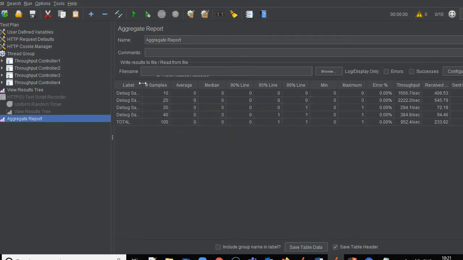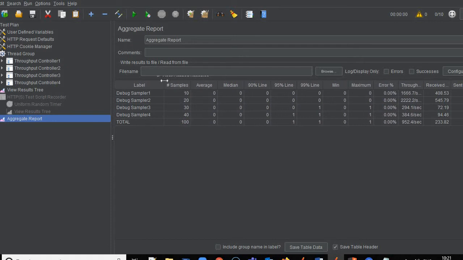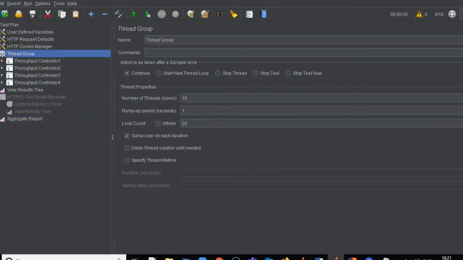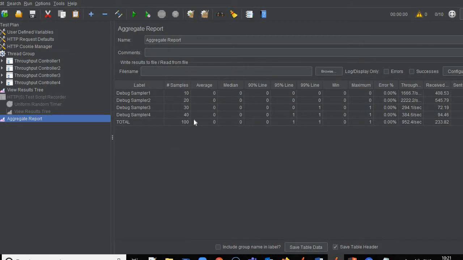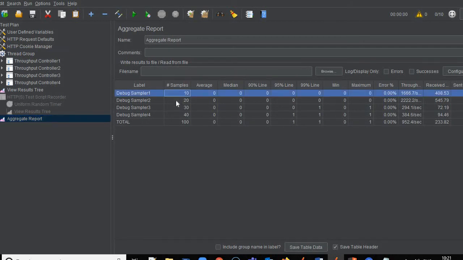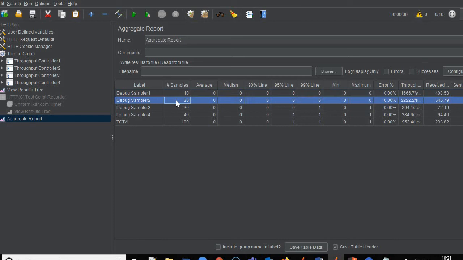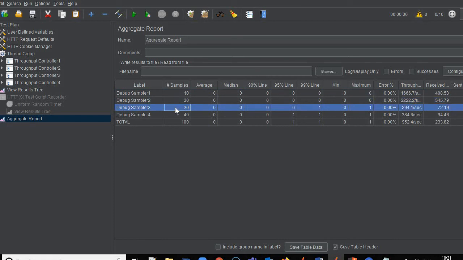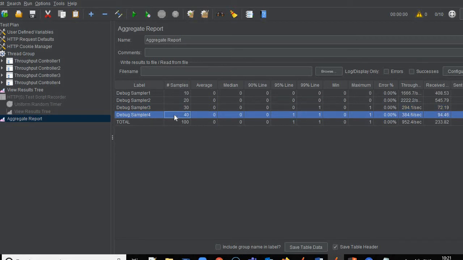Over here you can see the thread group says 10 users will perform 20 iterations each, so a total of 200 iterations should be executed. But what happened here: debug sampler 1 executed 10 times, debug sampler 2 executed 20 times, debug sampler 3 executed 30 times, and debug sampler 4 executed 40 times.